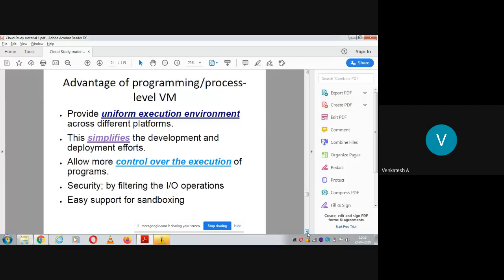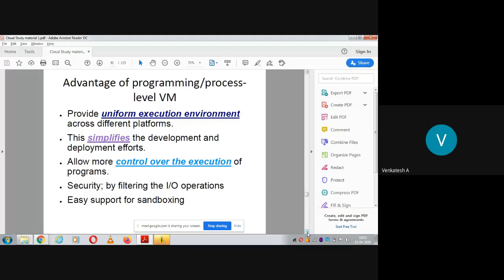Instead, you can give them the bytecode and ask them to conduct trials to check whether your program is efficient or not. When you are giving the bytecode, we call it sandboxing. When you are giving the source code itself, we call it glass box.